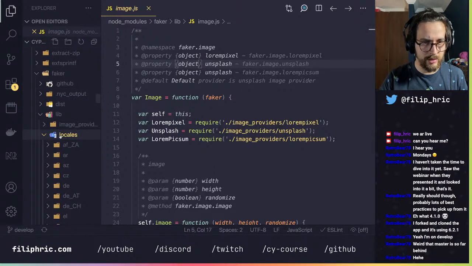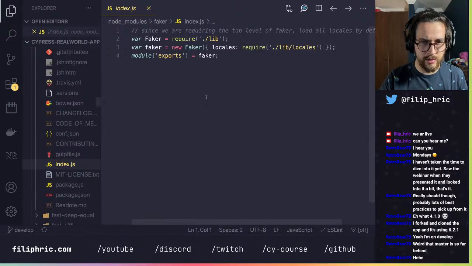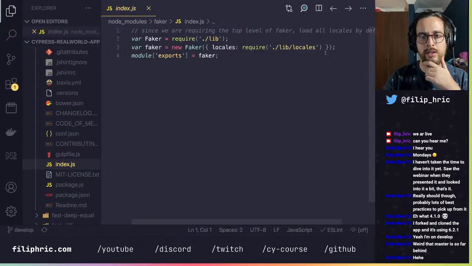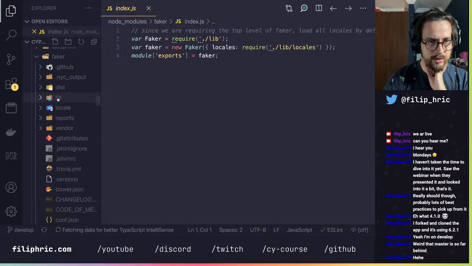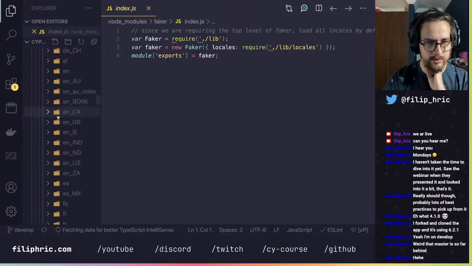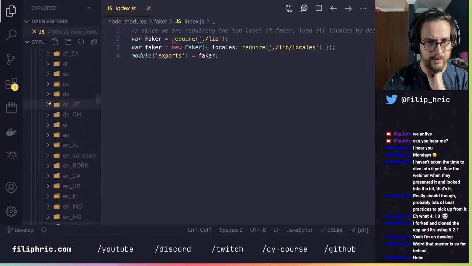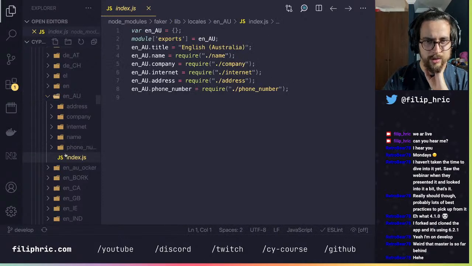Okay. Oh no, this is the index.js I should be looking at. Require lib locales and oh, here it is. Nah, not even looking into the right order.